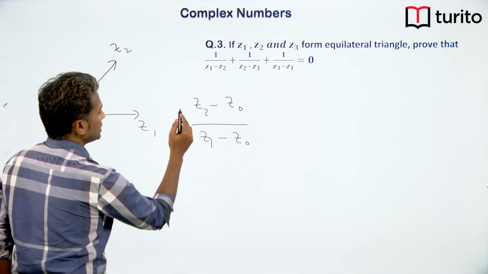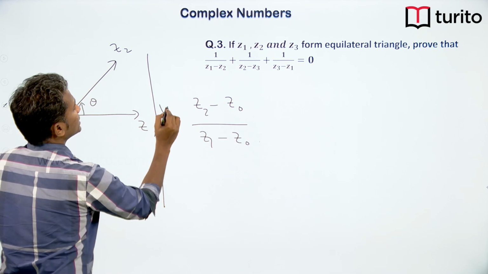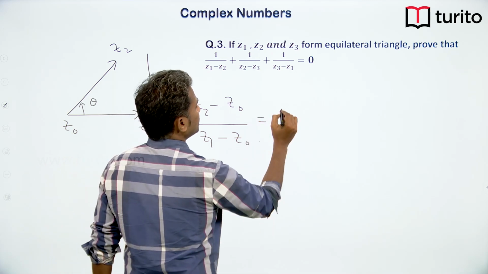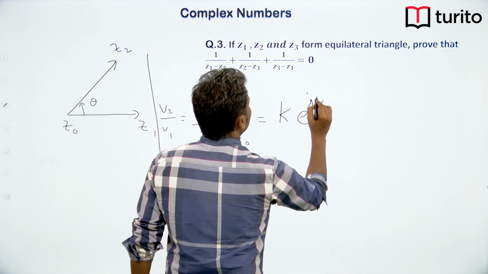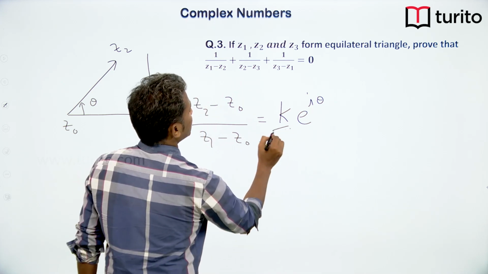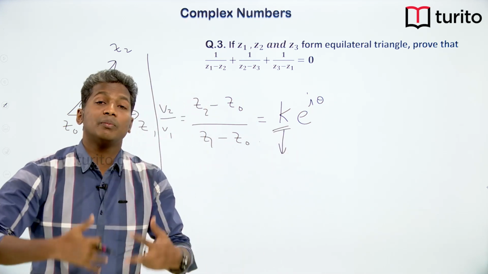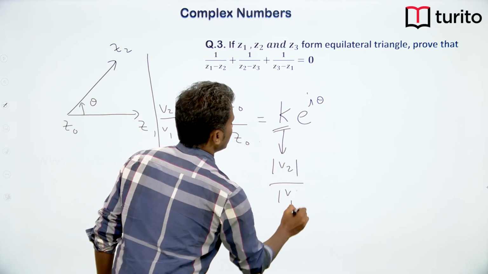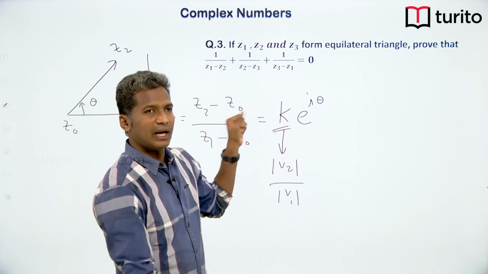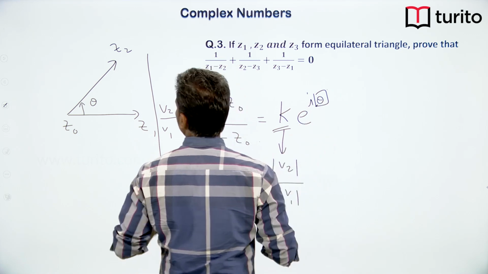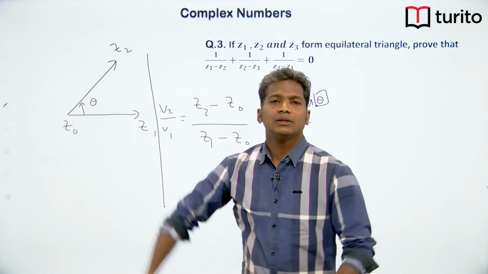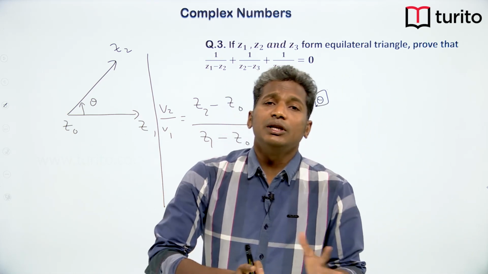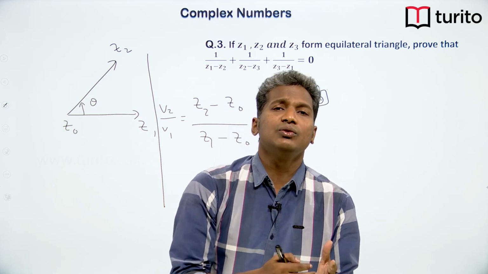If you notice, this is the ratio of two vectors, v2 by v1, and it is equal to one constant into e power i theta. What is this constant? This constant is the ratio of magnitudes of these two vectors, so it becomes mod of v2 by mod of v1. And theta is the angle of rotation between these two vectors. Also, the rotation may actually not happen, but we are just trying to relate two vectors